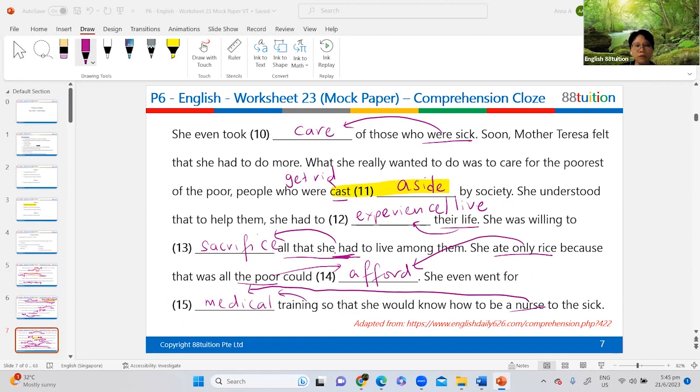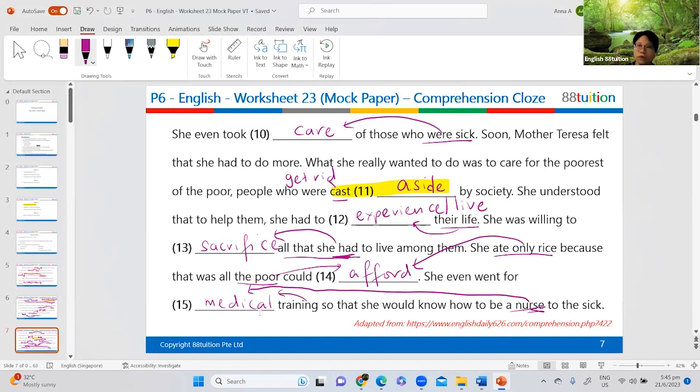All right, she went for medical training. How do we know it's medical? Because she wanted to be a nurse, and being a nurse is in the medical line, right? Healthcare. So therefore, medical training. You have to go through some kind of medical training to be a nurse. It's a specific role, right? You have to play. So okay, I wait for you, because I think some people may be drawing their arrows.